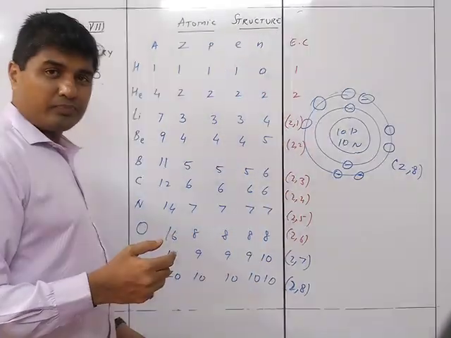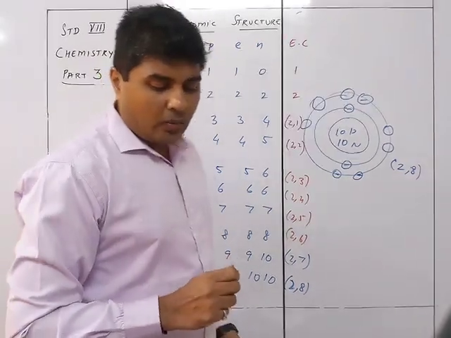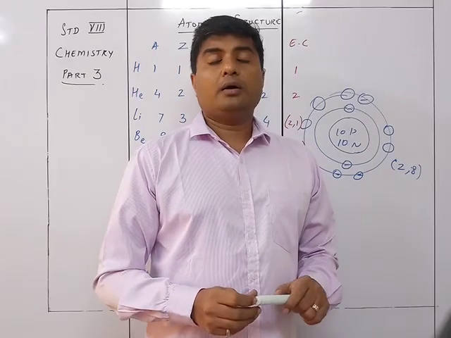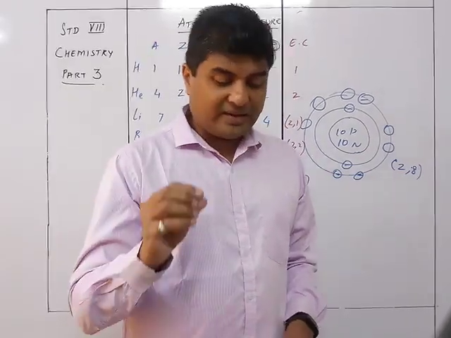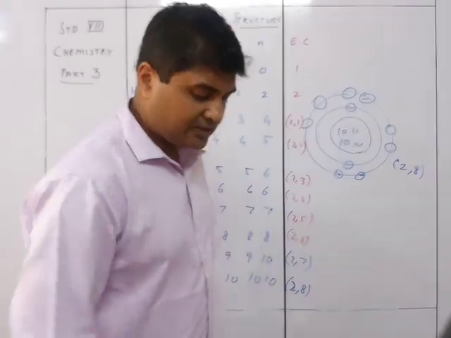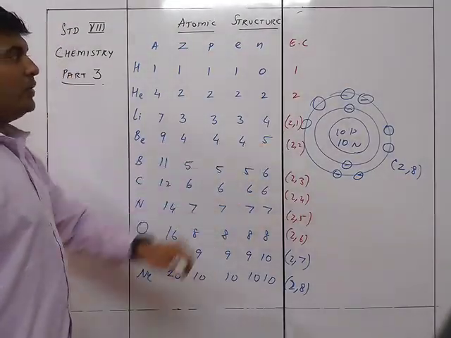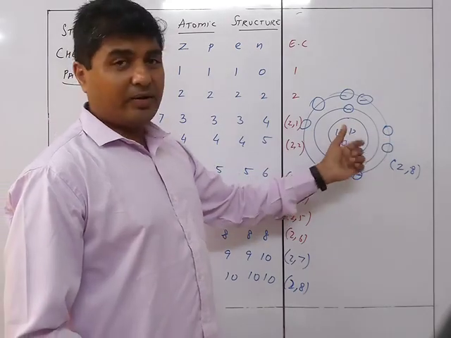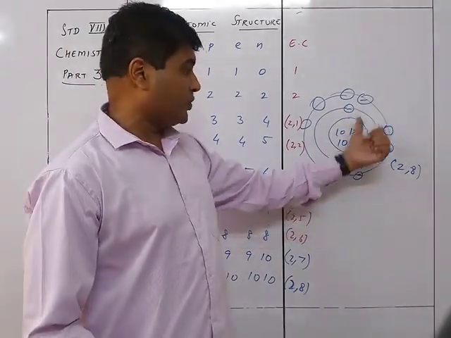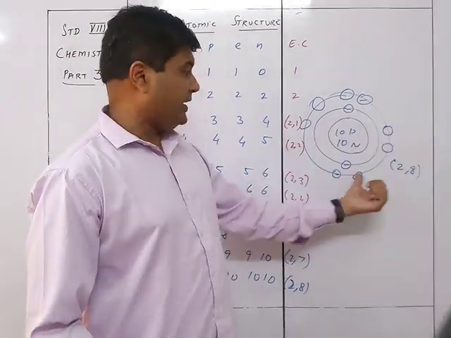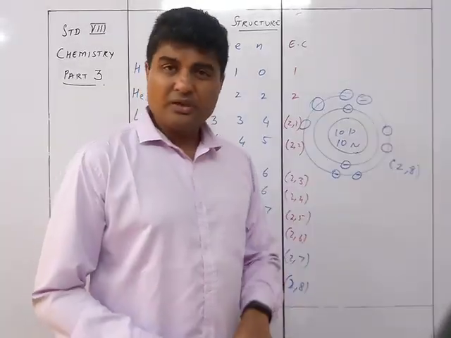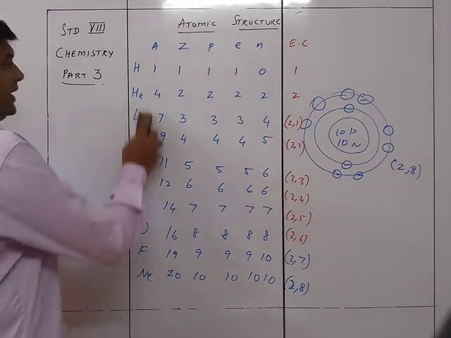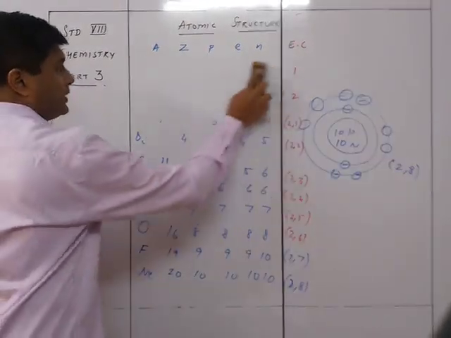Now, I'll tell you about the valency a bit later. First let us understand this part only. So this is how we are going to draw. For each and every element we will have to make such a diagram, where there will be the number of protons and neutrons inside, and electrons in the shells outside. We now move on to the 11th one. So I erase this part.